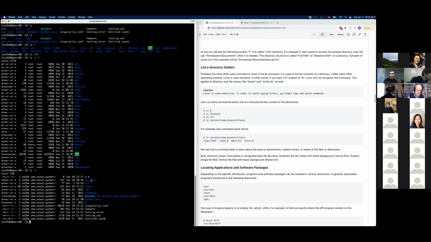As I said, the blue ones are directories, and these white ones are files, and this light blue one is a link to a different folder. So it's a link to a folder at a different location, which is created here. It's just showing that this is a link rather than an actual folder that's here.